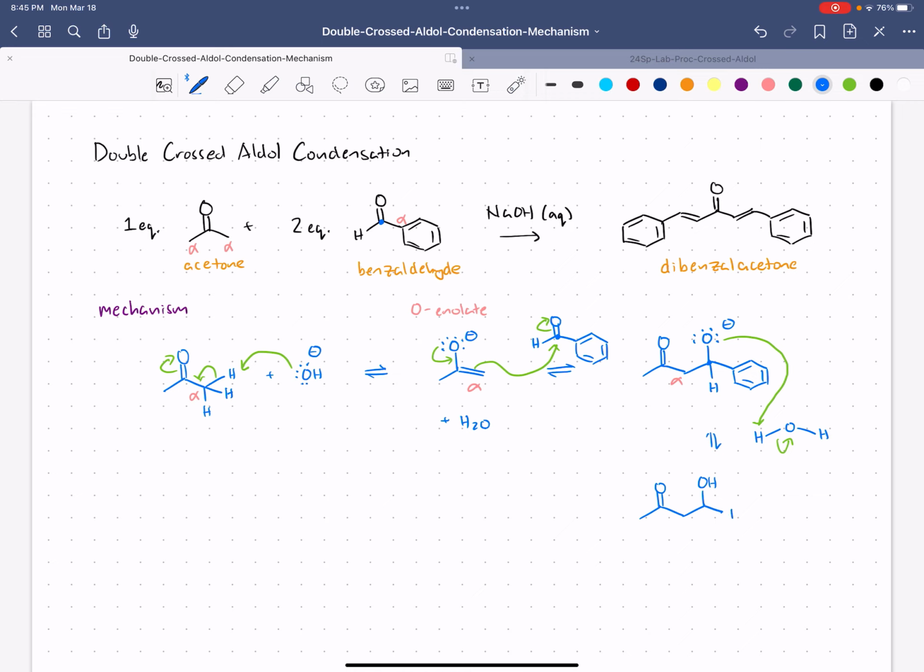and like I said, we're going to abbreviate the benzene ring as phenyl. The phenyl group is the benzene ring when it's a substituent. And I will keep track of my alpha. I will keep track of the dot. Okay. This is the aldol product, right? It's not our final product. Our final product is the dehydrated version, or the condensation of this product here. We created OH minus,